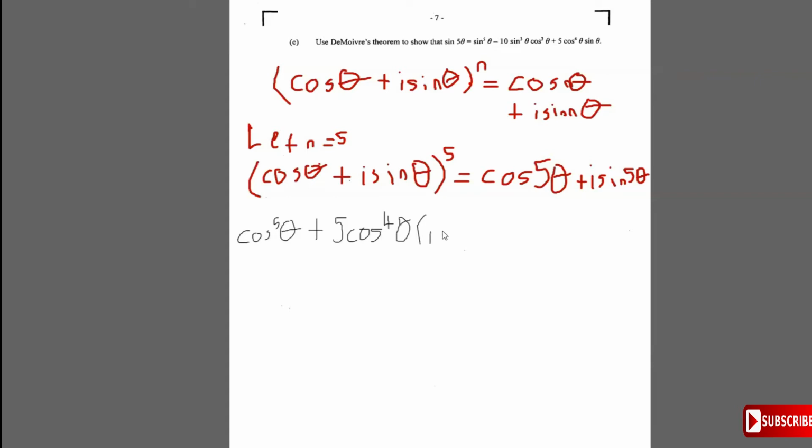Then plus 10 cos cube theta times I sine theta squared